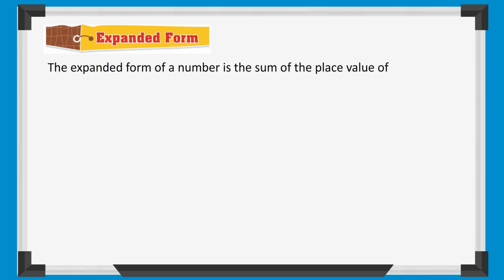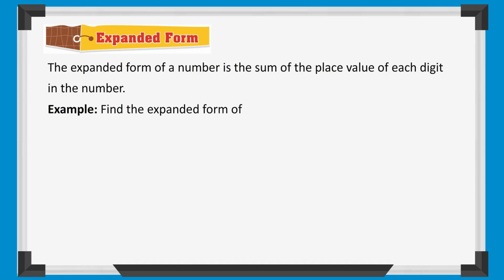Expanded form. The expanded form of a number is the sum of the place value of each digit in the number. Example: find the expanded form of the number 3579. Solution: